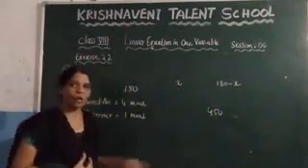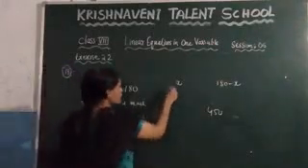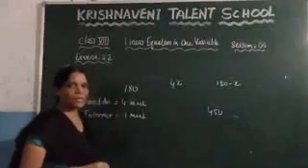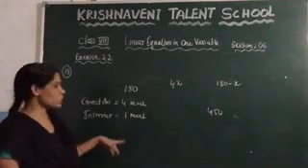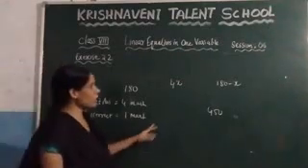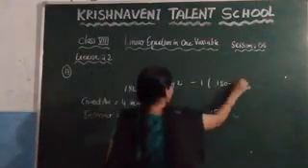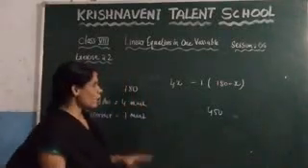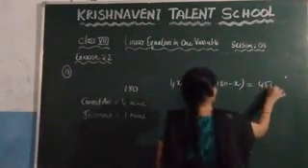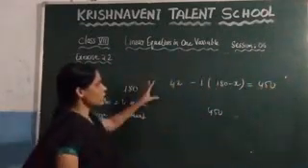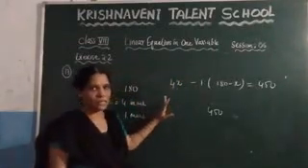Now for each correct answer, how many marks are they giving? 4 marks. So the total marks he gets is 4 into x, right? Similarly, for each incorrect answer or unattempted question, they are reducing 1 mark. The number of such answers is 180 minus x, and from this you need to reduce 1 mark, which means 1 into (180 minus x). After doing this calculation, he got 450 marks. Now after seeing the question, we got this equation. Based on this equation we need to find the value of x, which is the number of correct answers.